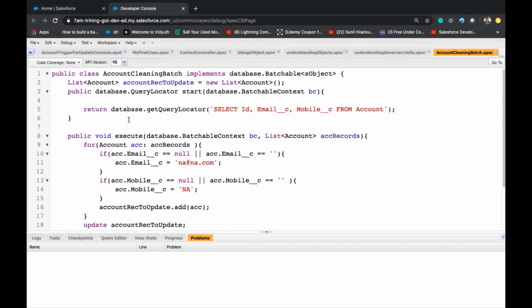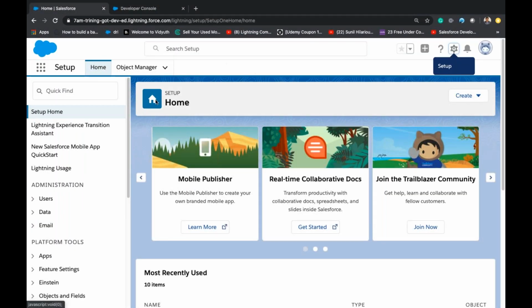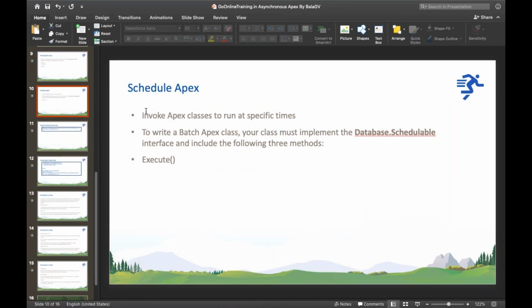Then how will a batch Apex, or any Apex which should happen automatically, be executed? Schedule Apex is one of the ways. It invokes Apex classes to run at specific times. Schedule Apex is used to schedule or invoke an Apex at a particular time, at a specific time.